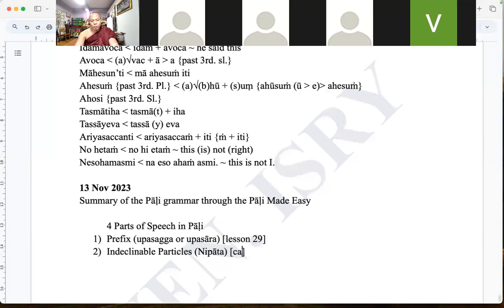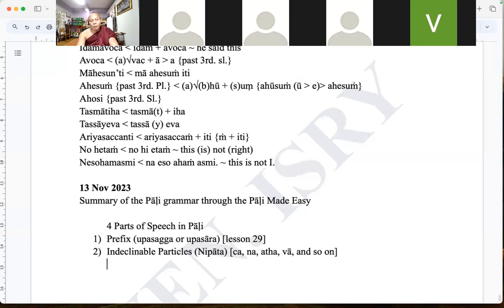ca, na, or atha, and va, and so on. So in most all lessons, all of them are explained. That is why we cannot say in which lesson it is completely explained. And then the next item is,